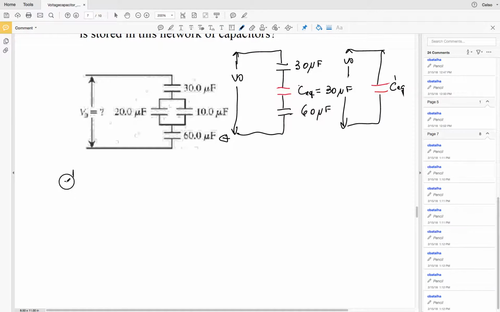Now 1 over Cx prime is equal to 1 over 30 plus 1 over 30 plus 1 over 60. And that is equal to